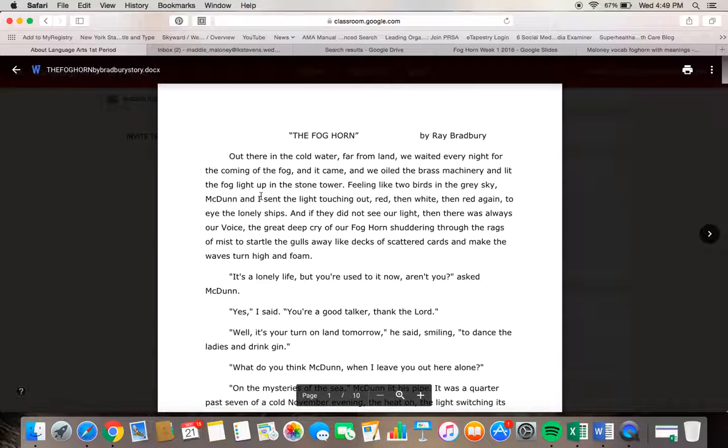Okay, so now that you've got paper, whether it be the story or notebook paper, this first paragraph here, I want you to give it a read through. And we're looking for word choice that creates a mood for the reader. And remember, mood is how you, the reader, feel based on the words that the author chooses. So we're going to read through this first paragraph, and I want you to find two words that you feel like create emotion, an emotional response in the reader. So I'd like you to write these two words on your scratch piece of paper, or I want you to highlight them if you are able to print this out.